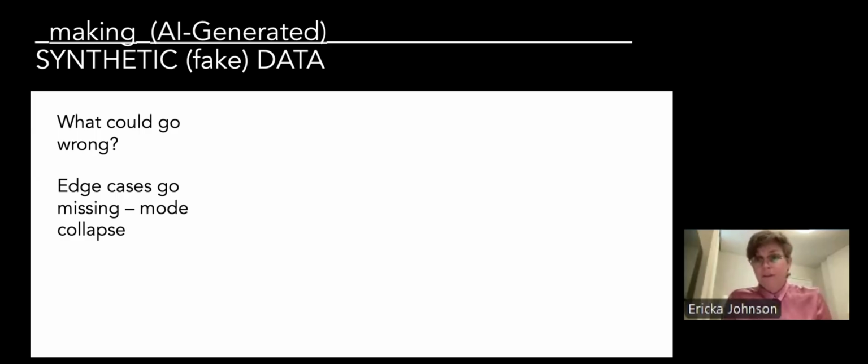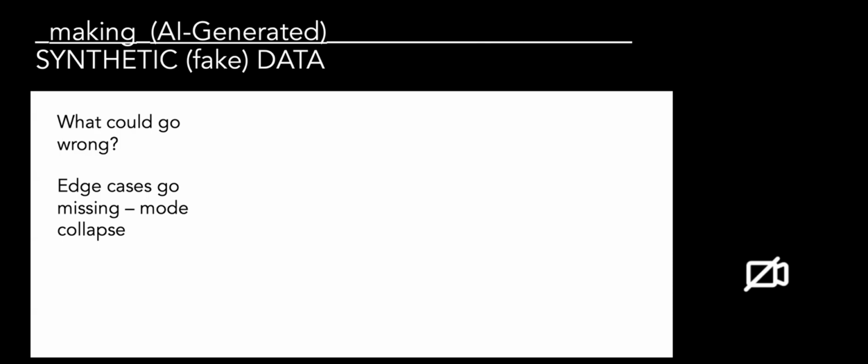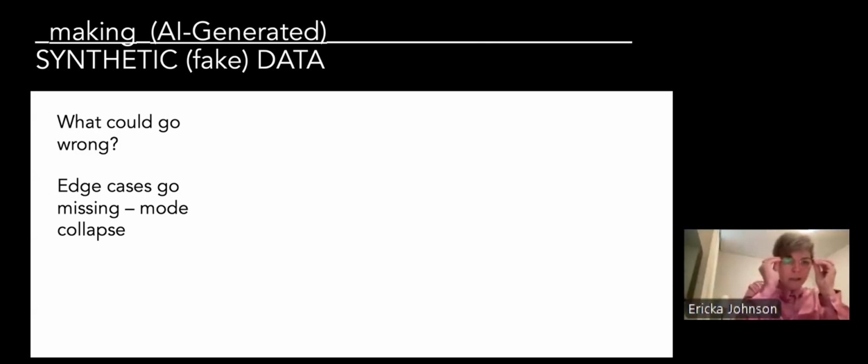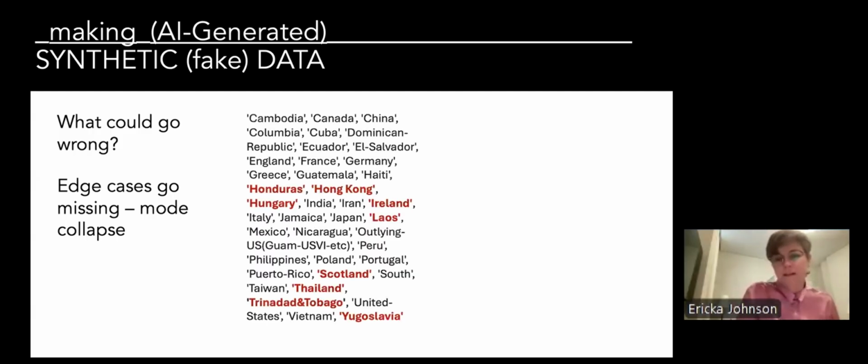Let's test it out and see what happens. So I started collaborating with Dr. Sagi Haji Sharif, who has a background in machine learning techniques. And she and I took some just basic population data, the 1990 US adult population census data, and started synthesizing it. And sure enough, when we looked at it, we saw that this process of synthesization, which we were using first GANs, the generative adversarial networks, had the edge cases go missing.